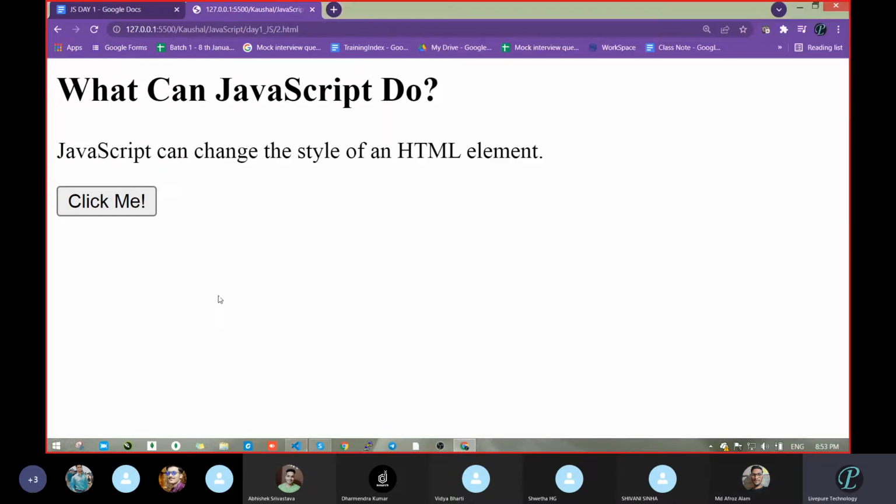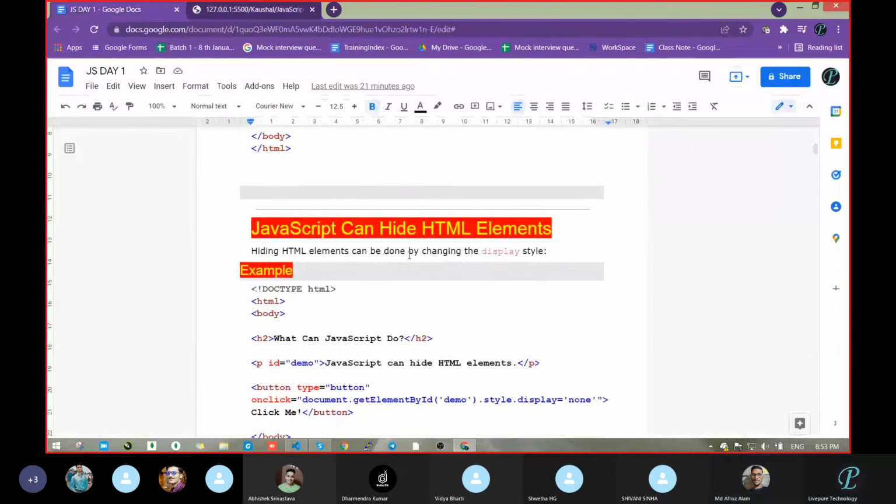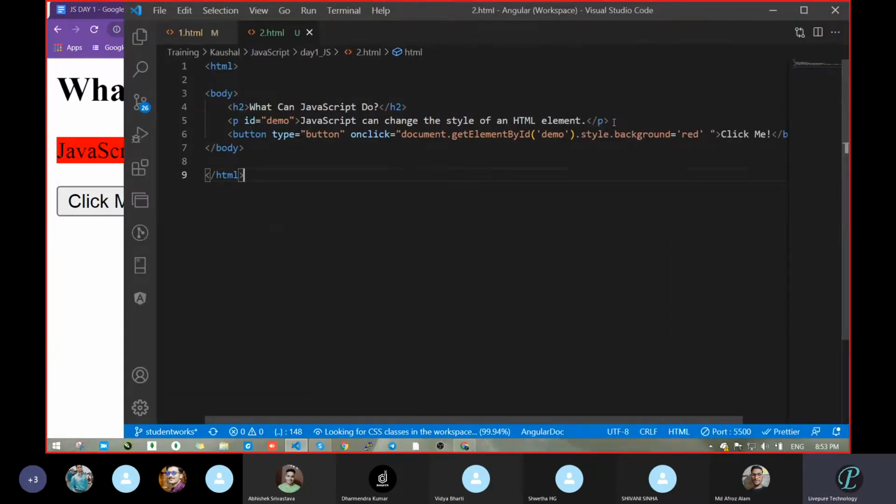Okay. So with the help of CSS, what have we done? We changed the content. We changed the color. Let's see next. Now, with the help of CSS, we can hide the element. Tell me how we can hide with CSS. What property will be there for hiding purpose? Display none, or display hidden? Yeah, so go with display none.